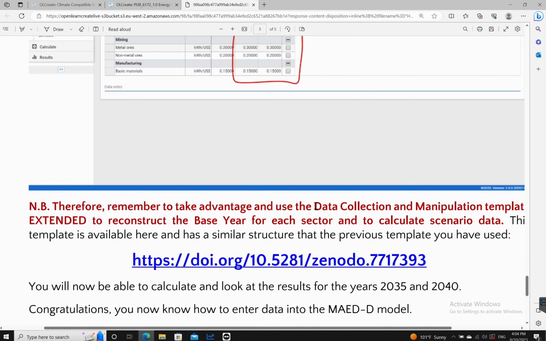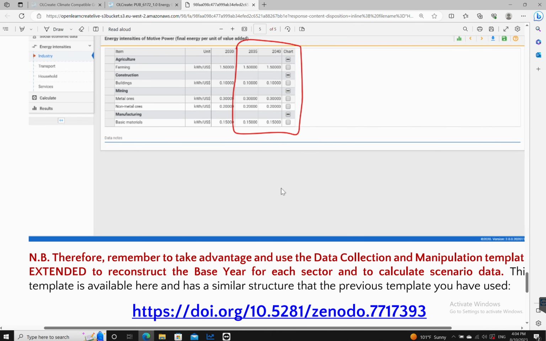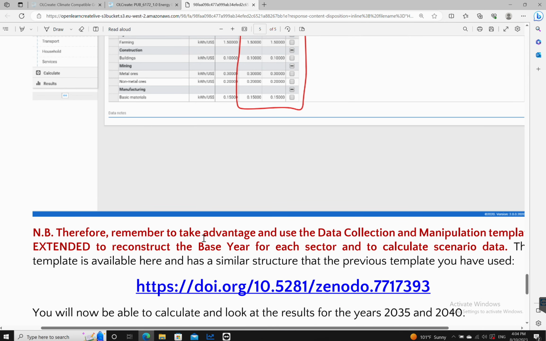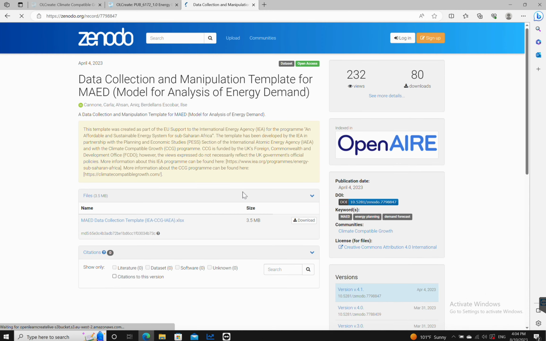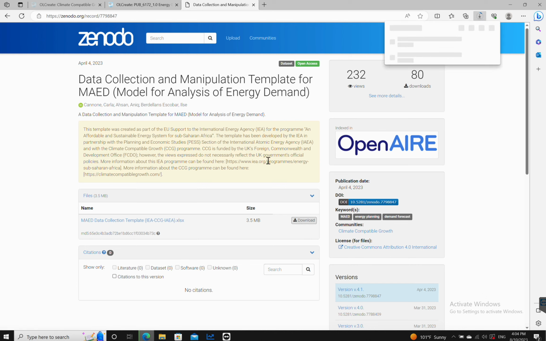So once we've done this, what we can do is essentially use the data collection sheets that have been provided from before to calculate it for the household sector and the manufacturing sector. However, if we want to calculate it for all the sectors, we need to download a different template, which is this one. So if we click on download over here,